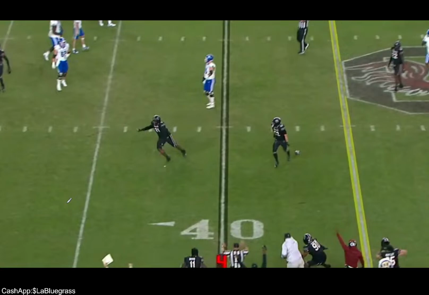He doesn't have enough wiggle, man, to even run jet screens because he can't shake somebody in a phone booth. He's a straight line runner. Put him on punt return. Put him on kickoff. Let him run that way. I don't care where the ball is unless it's in the back of the end zone. Let him run it out. Give him touches that way. But as a receiver, he ain't it, y'all.